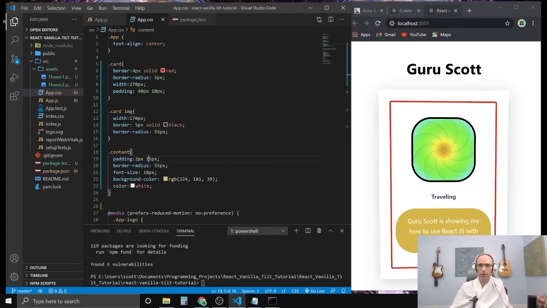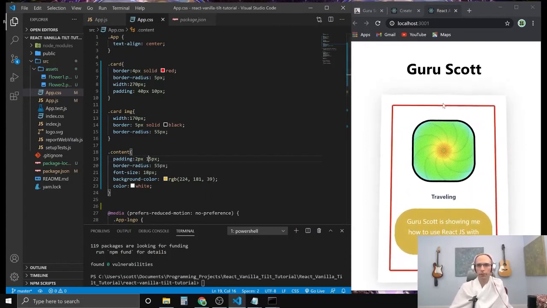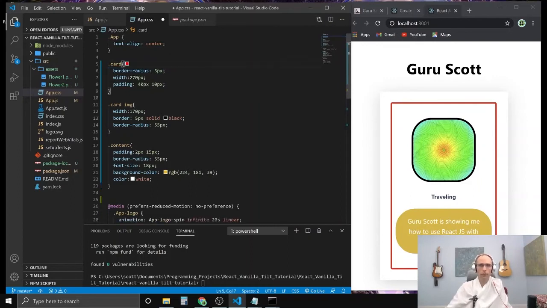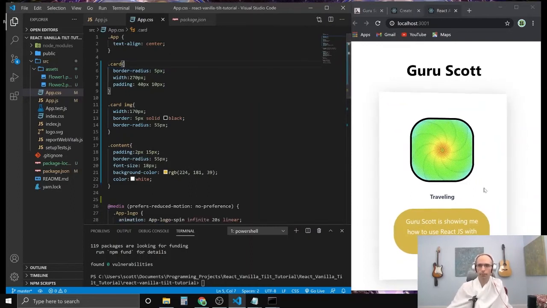Okay, yeah, that's better. So now that we have them all separated, I can get rid of this. See this border? I can get rid of that border. So we know where it is. Should be fine. Now we're going to separate each one of these parts and bring them forward